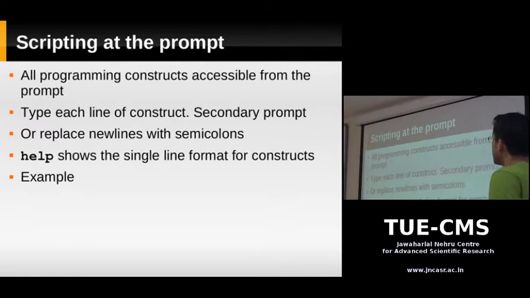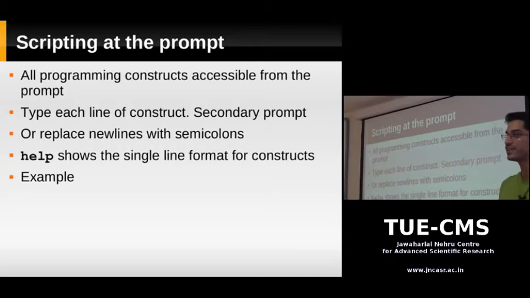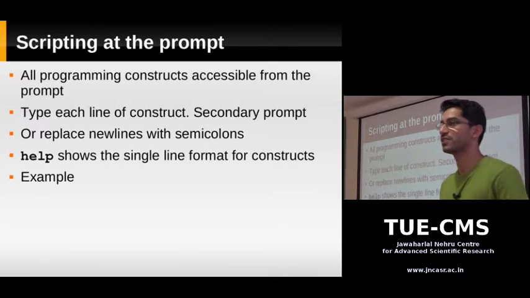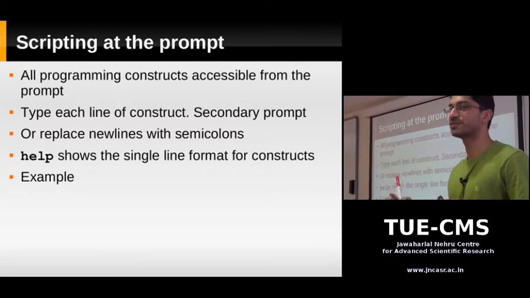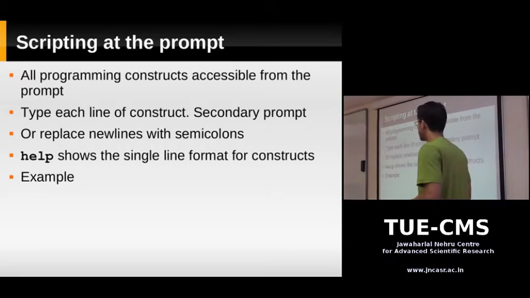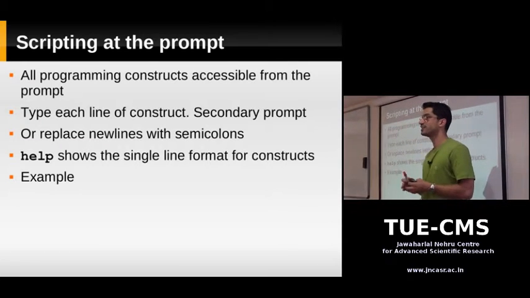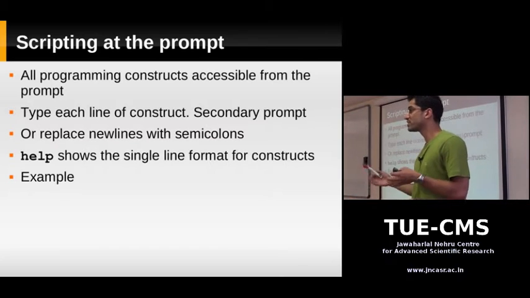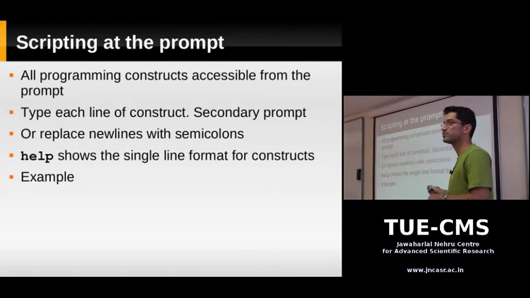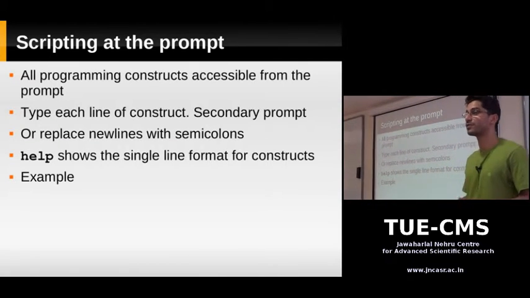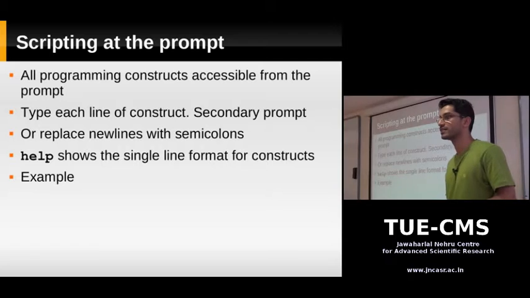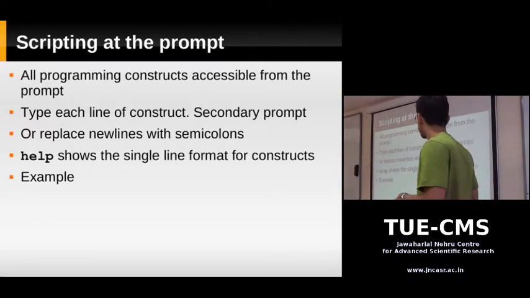Before that, we've seen so many constructs like the while loop, the for loop, the if condition, glob expressions, command substitution. We've written all of these in scripts. We've opened a Vim file, we've saved these scripts, and then we're running the scripts. Now, in the beginning of the class, I told you that the bash shell is a complete programming environment. And because of that, the bash prompt is also a complete programming environment. So all the programming constructs which I showed you up till now are available at the prompt. So you don't have to write all these commands into a file and save it and chmod +x and run it. You can actually type it directly into your prompt.